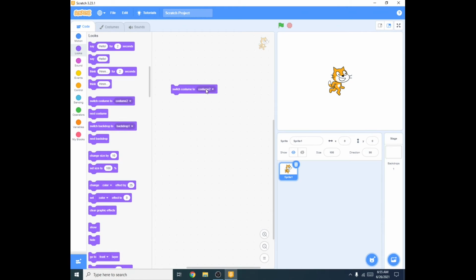The next one is next costume. Next costume means you can switch between the 2 costumes like that. The next one is